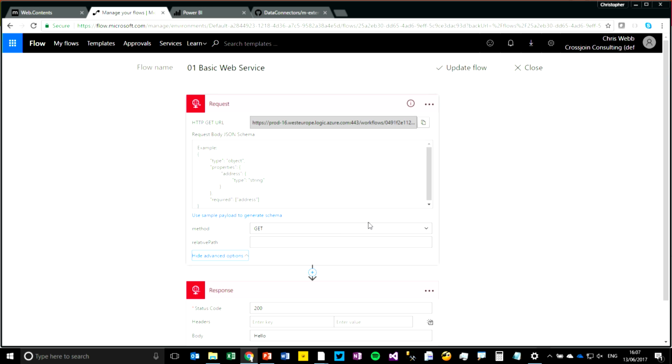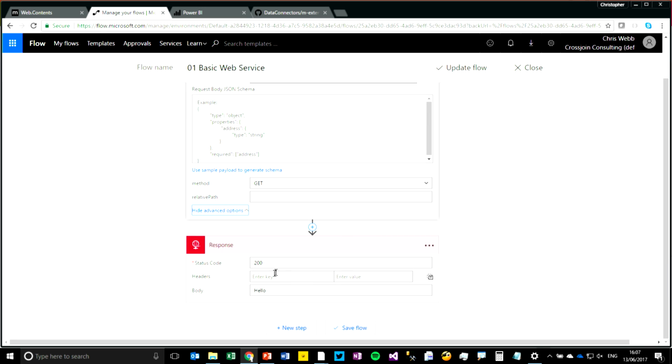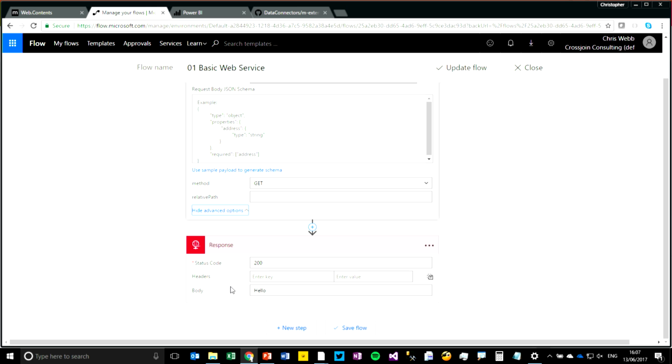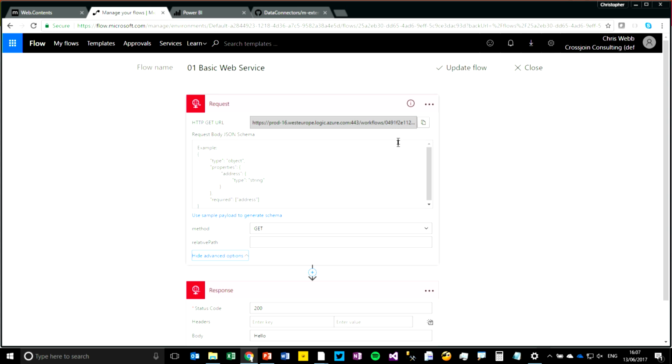We'll have a look at some of these options a bit later. And then in the response, we can say, well, what's the status code it's going to return? And we've got, optionally, something that we can send back in the body, and this web service is just going to say hello. So I can call this web service by copying the URL here,